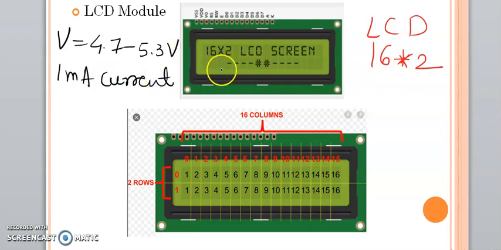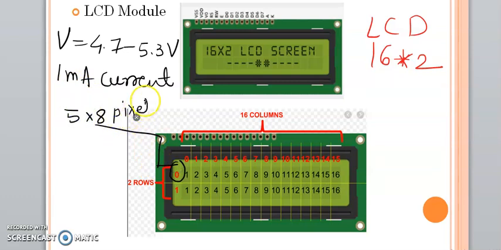Backlight in the sense, at the back there is a light. There is blue light or green light. So both types of displays are available, and depending upon your application and requirement you are going to use one. That is, you want backlight as blue or green. It doesn't matter. It's just the black backlight. So every character of this LCD is built of 5 into 8 pixels.